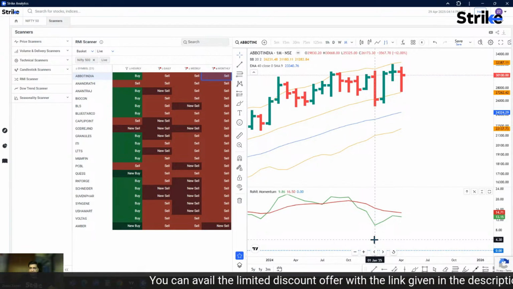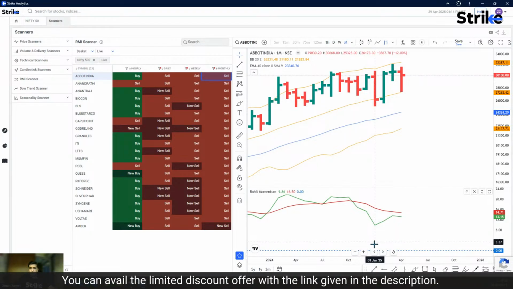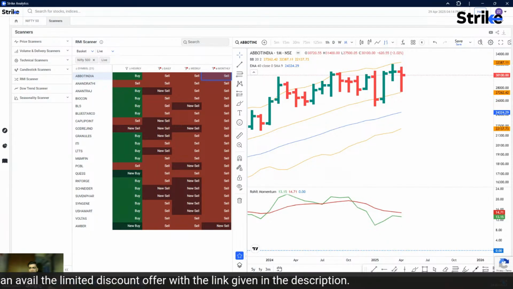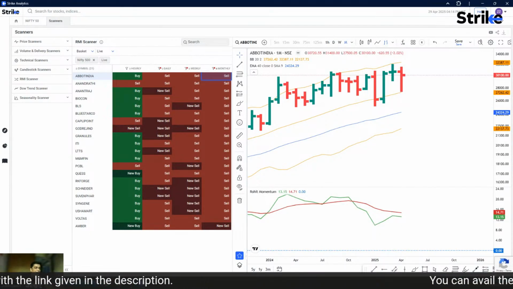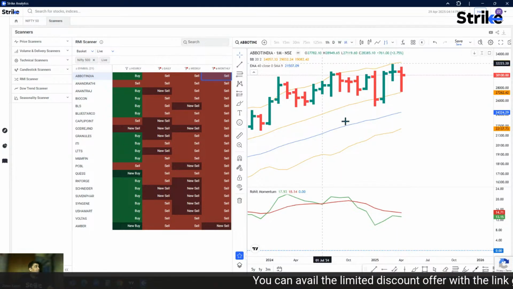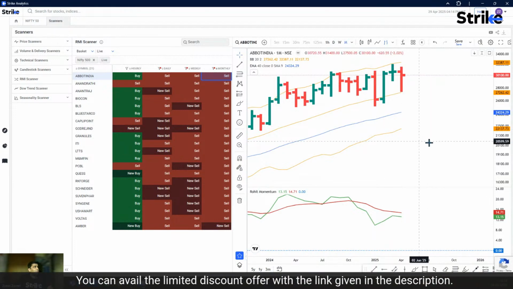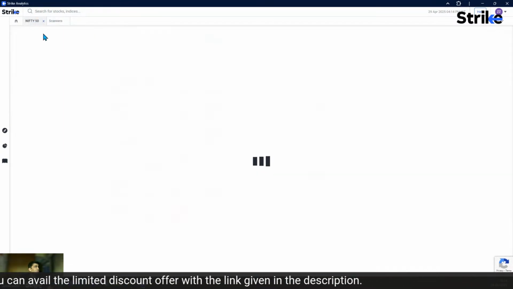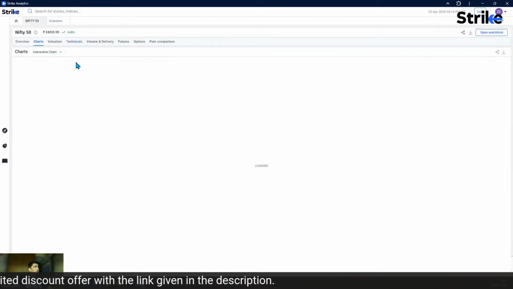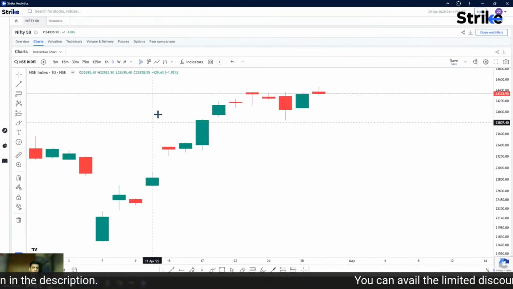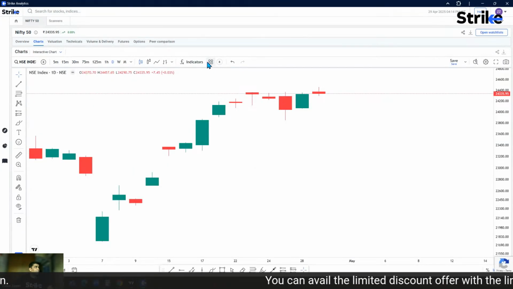Any other indicator or oscillator we correlate the RMI with outside of price action? I generally correlate with Bollinger Band. All right, so what can be done is, let's suppose a Nifty on the daily time frame chart, if it is bouncing back from the lower Bollinger Band,